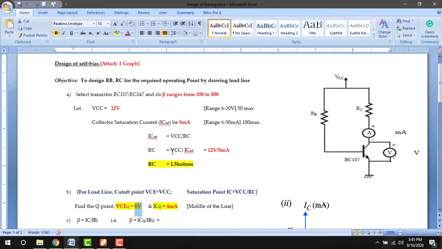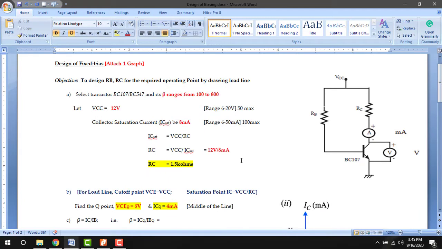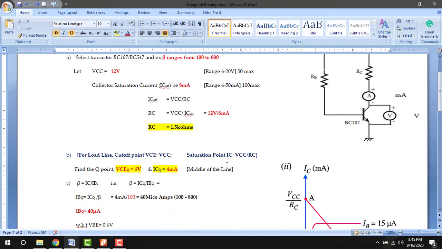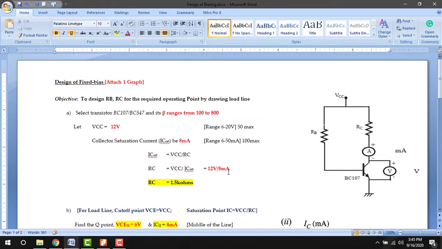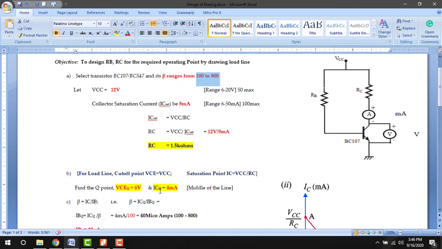It is because of the cell bias circuit. This is not a cell bias, it is fixed bias. In fixed bias or base bias, it has poor stability. If the beta value varies, then the operating point will shift. But in potential divider bias, if we use any range of beta, the operating point will not be shifted. So our expected voltmeter reading of 6 volt and expected 4 milliamps may not happen. So we should verify it practically in our laboratory.